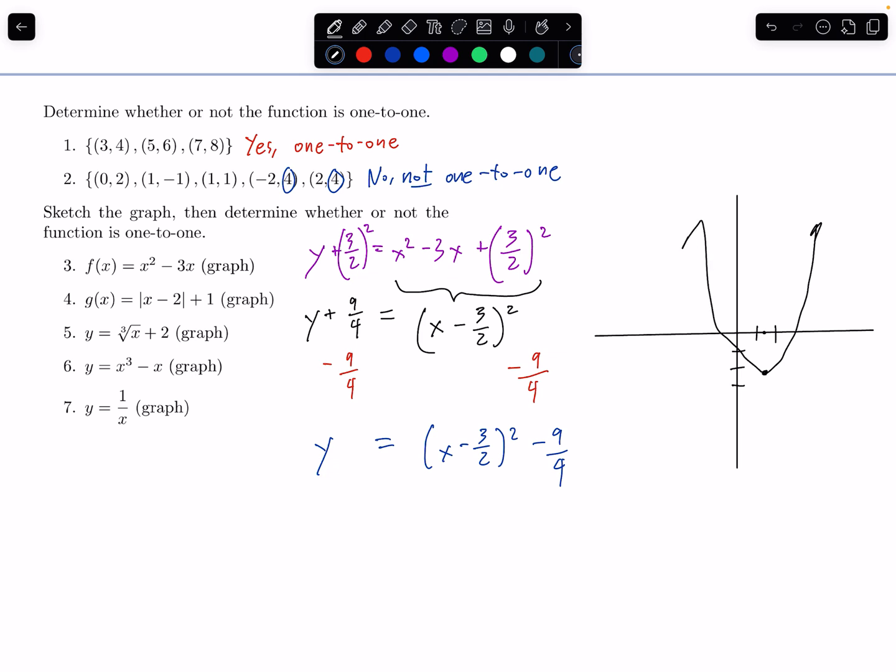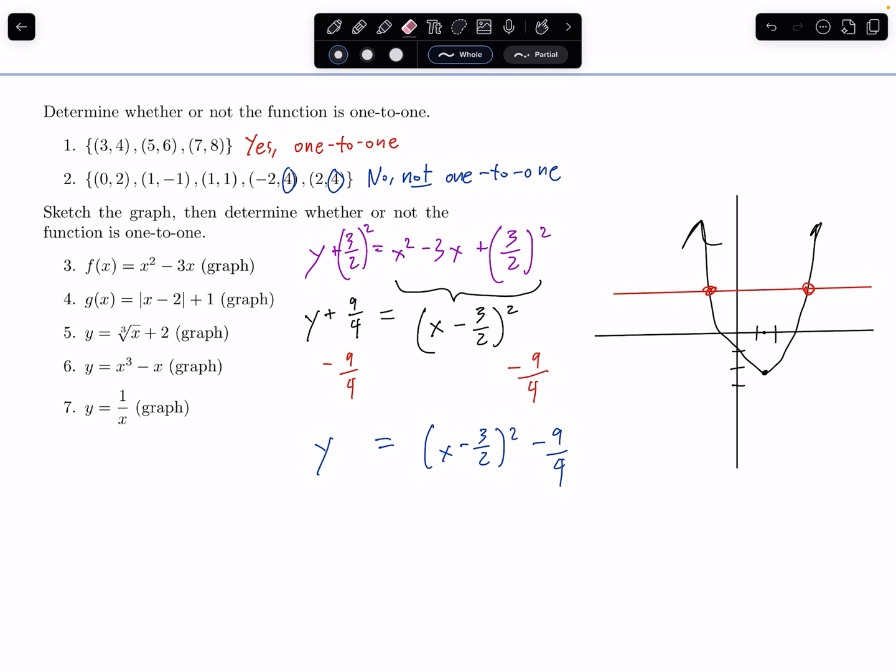No other transformations, so it's going to open up basically something like this. Okay, I just drew a very rough sketch for that. I don't really care about the points. I just care what its overall shape is, and the fact that a horizontal line, just like we suspected, would